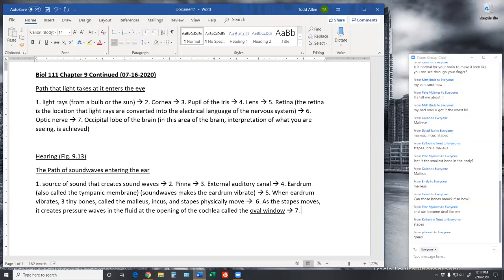What I want you to be aware of is that in between these membranes, if you look in between the tectorial membrane and the basilar membrane, you see these very specialized cells called hair fibers or hair cells. These hair cells, when there's a pressure wave created in the fluid of the cochlea,